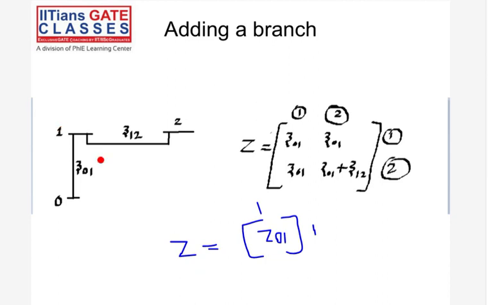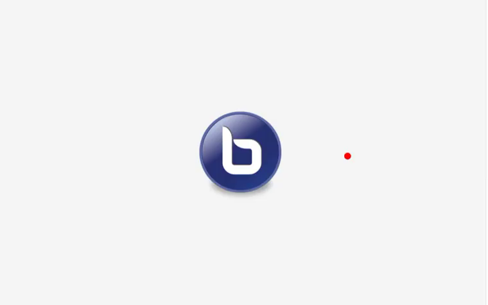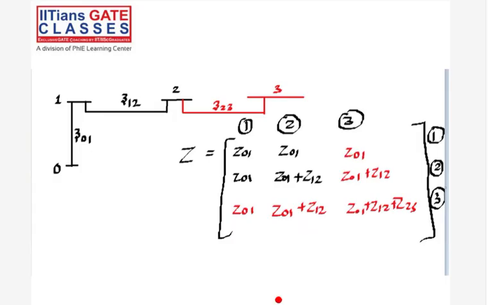Then when we had to add the second element, what we did was that we saw to which existing node this element is connected. So it is connected to 1. So what we did was that we repeated the row and column for 1, and to the diagonal element of 1, we added the value corresponding to the new element, right? Similarly, we looked at the third element